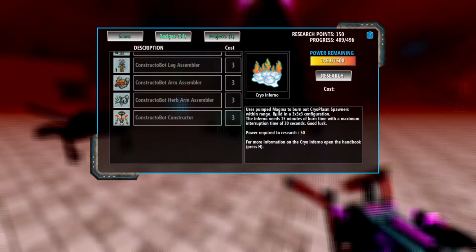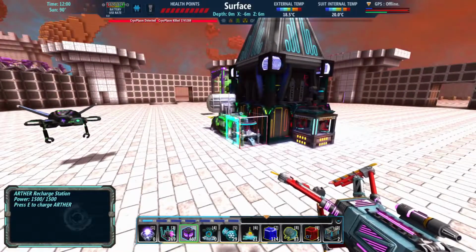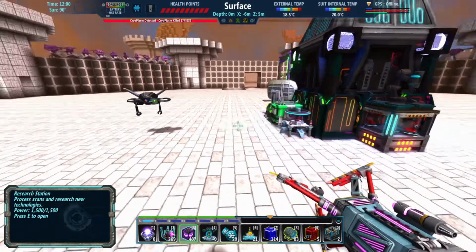This is the actual turret. Oh, it's a build in a 3x3x3 configuration. Needs 15 minutes of burn time with a maximum interruption time of 30 seconds. So that's kind of a concept that I was talking about a few episodes ago, where you also have to